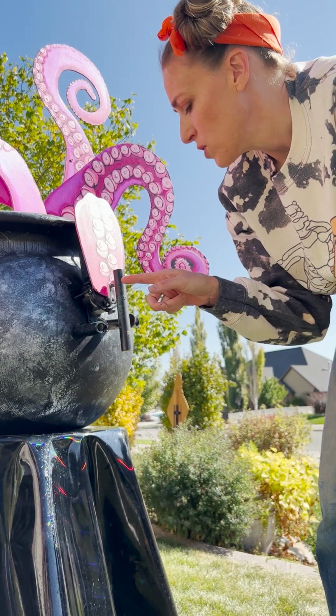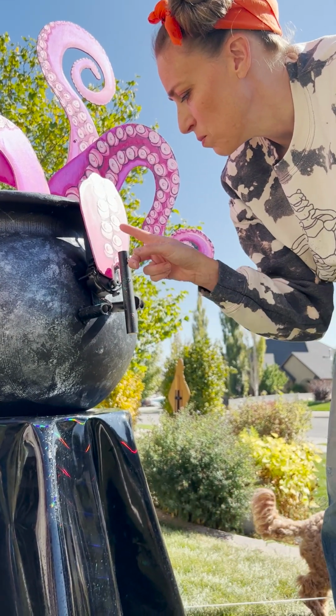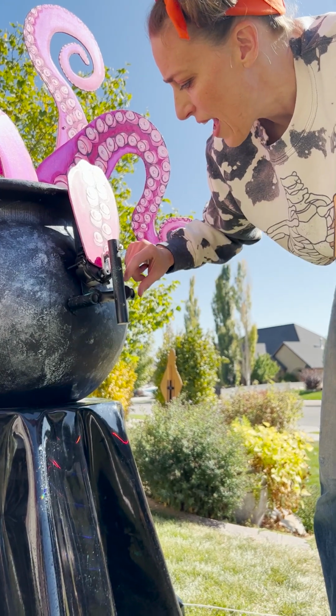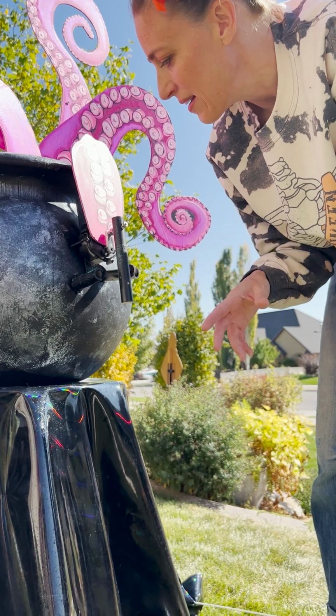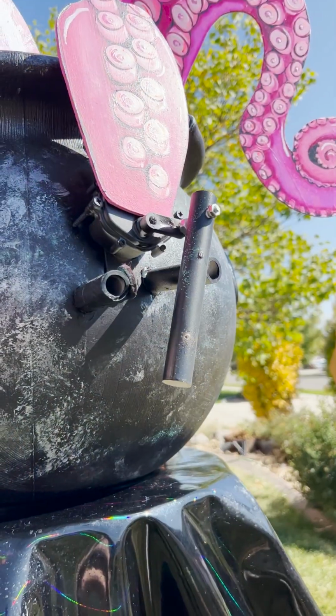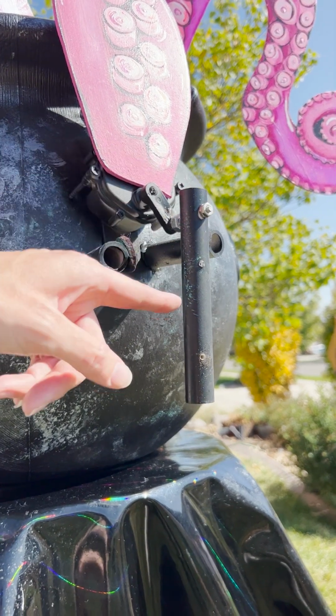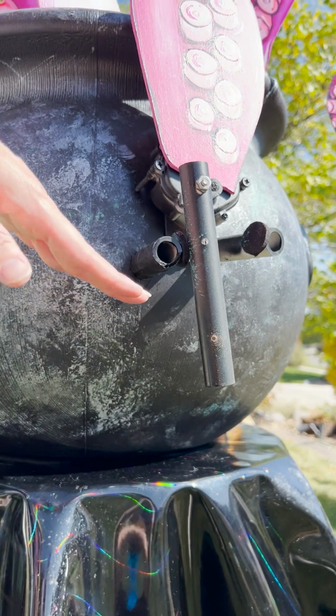And then when it goes around, it hits these and just kind of does this little movement. I'll show you in just a second. I added these little felt pads because it's what I had handy because they kept clinking, and that resolved that issue. So hold on, let me turn that on. Okay, so here it is in action, and you can see as it hits one, it kind of comes down, and I love that it kind of just goes blah, blah, blah. And then it comes back up